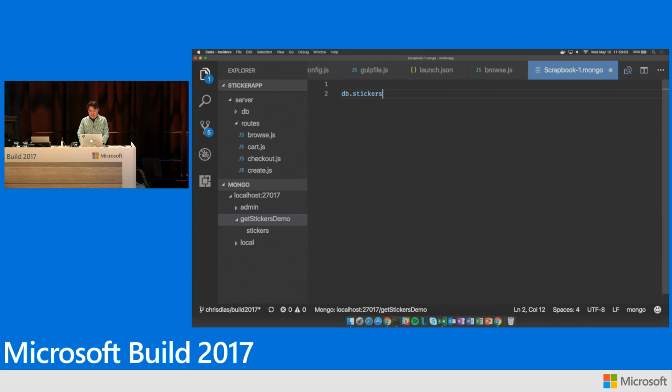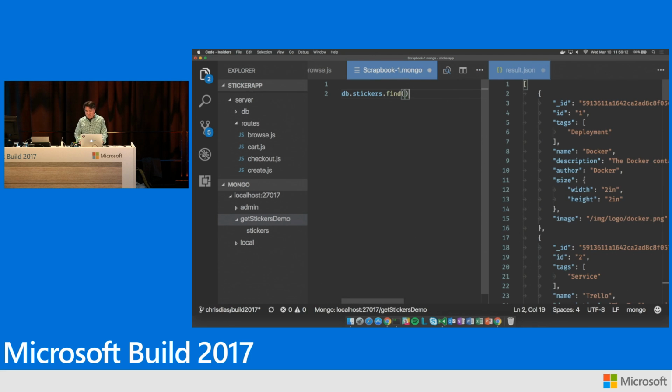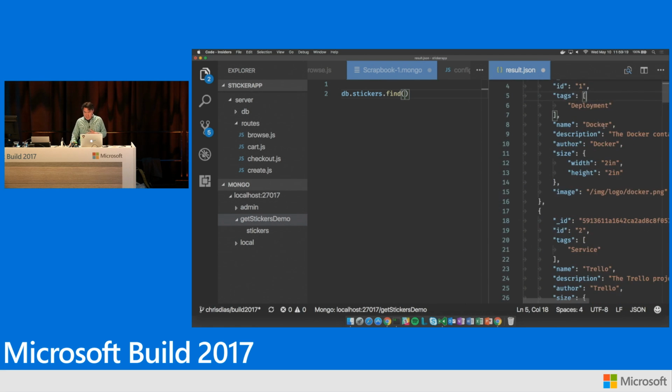IntelliSense experience. So I can see stickers is in my list, and if I say find and I hit Command-Tick, what will happen is we'll actually run that command. You can see over on the right-hand side, those are all the records that are in the database